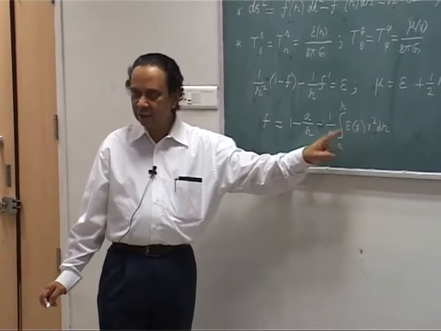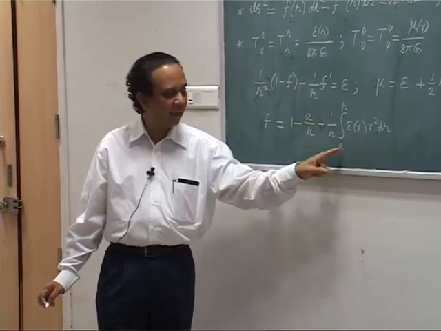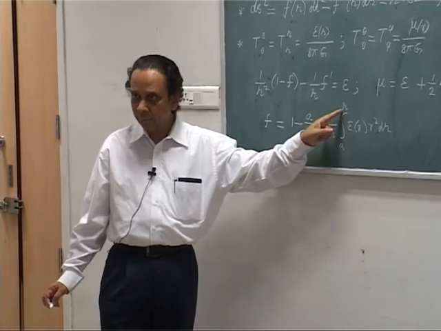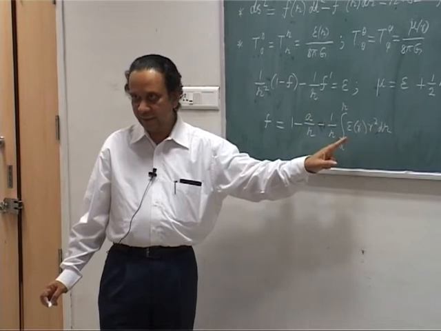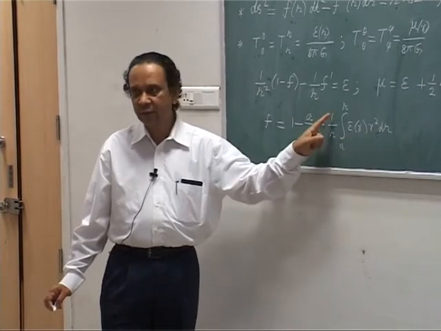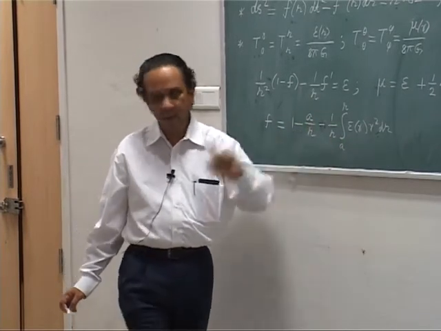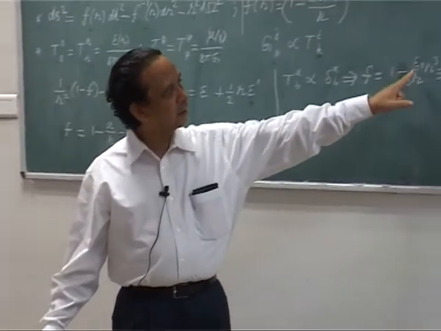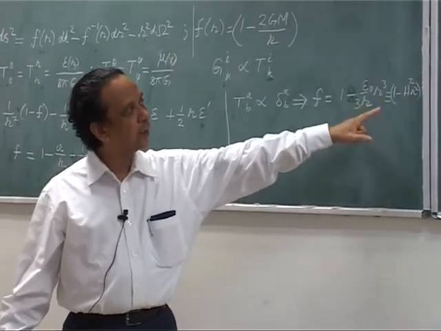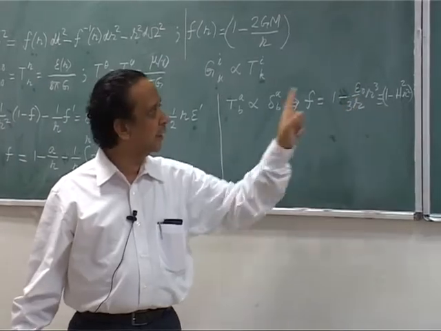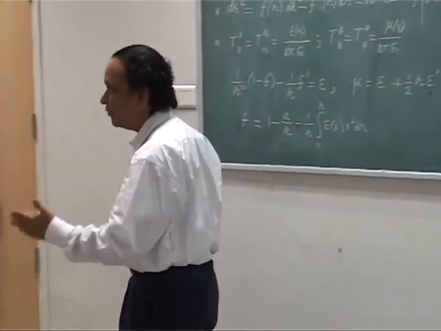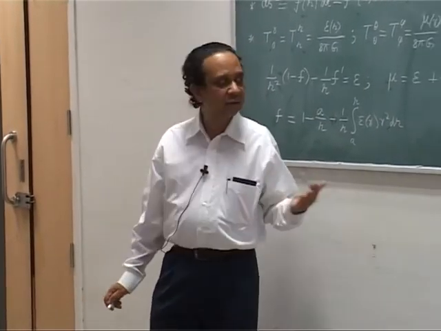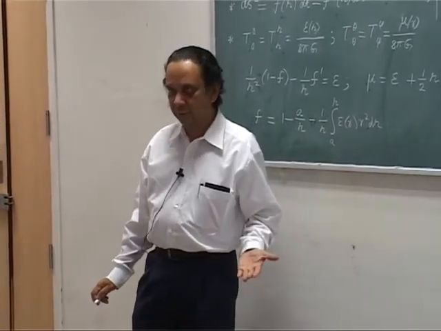If epsilon is a constant and A is not there and I am integrating from 0 to R, epsilon is constant, so this will give me R cubed by 3, so it is 1 by 3 some constant into R square, okay. That whole thing I am calling h square. So f of R is 1 minus h square R square. This we will come back to much later because this is known as a de Sitter universe.